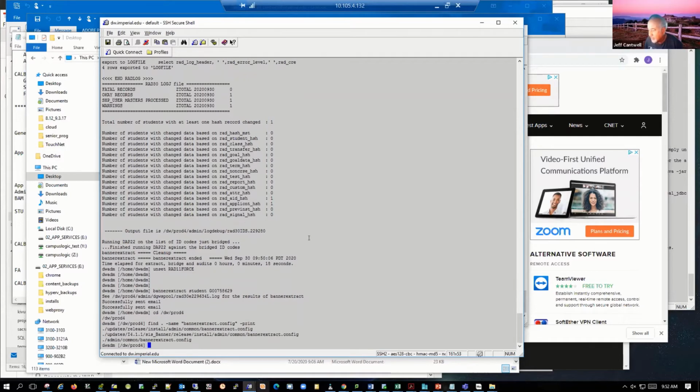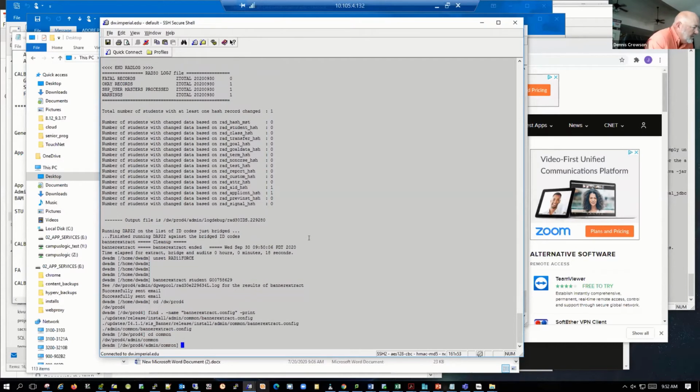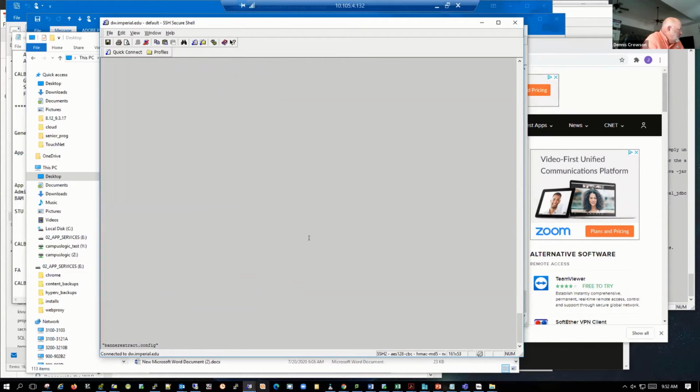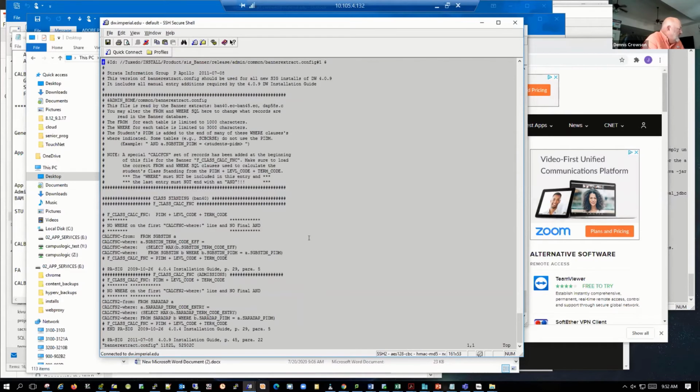Oh, it's in the admin common. Common, okay. Now, this file is what's on controller in the new version, but it's in the database, I mean, in the system in this particular version. Right. So let's VI that thing. And let's try to find,